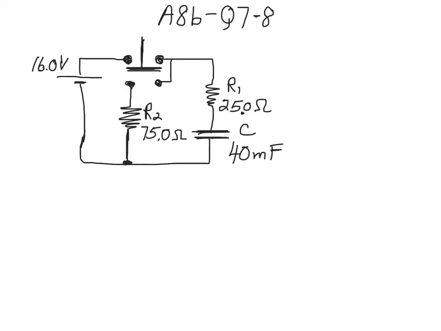And this we could call the charging cycle because the capacitor's going to charge. And that's question 7. And then question 8 is we'll take the switch from here and lower it, which will make this the circuit. And this resistor will be involved. And the battery then will be dangling, disconnected from the circuit, and won't have any influence on the second part,